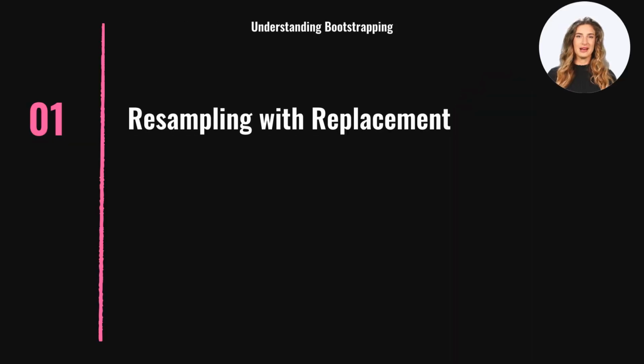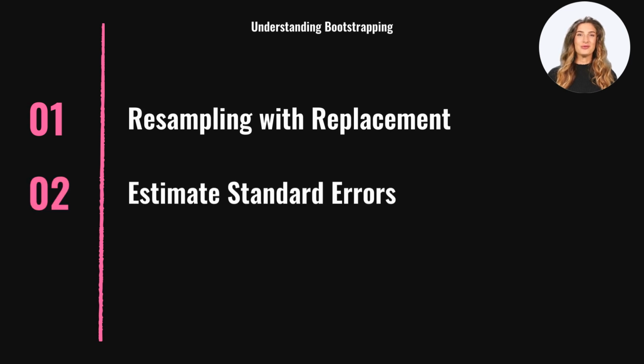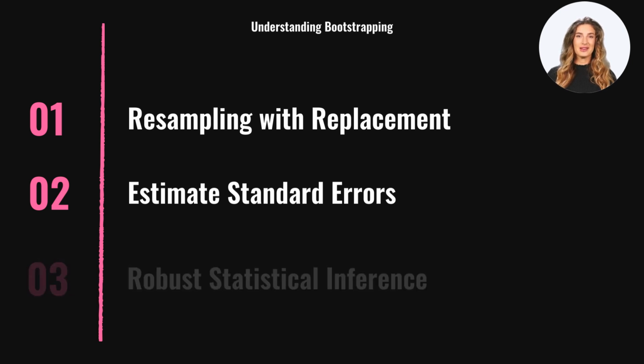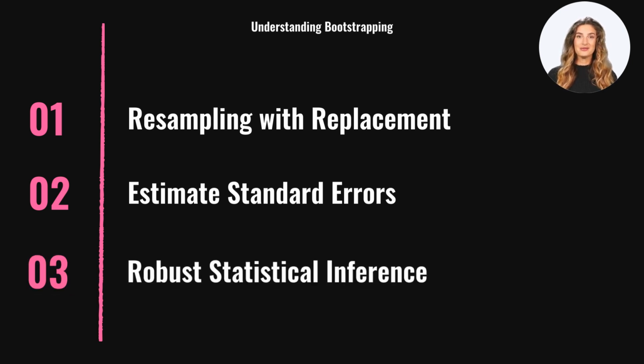Bootstrapping involves resampling with replacement, crucial for estimating standard errors, confidence intervals, and hypothesis testing. It's particularly useful when the theoretical sampling distribution is unknown. This method allows for robust statistical inference by creating multiple samples from the original data, enhancing the precision of estimates